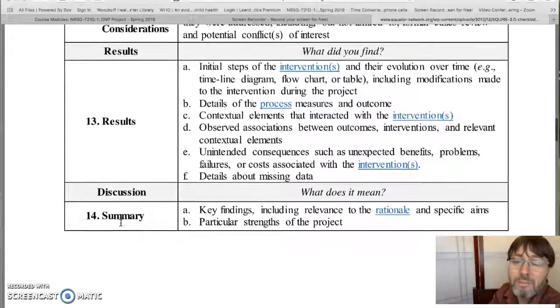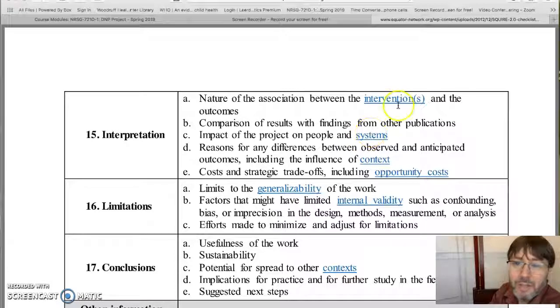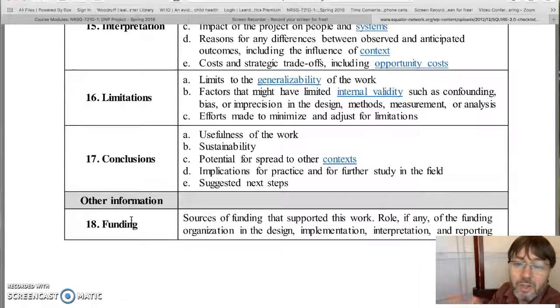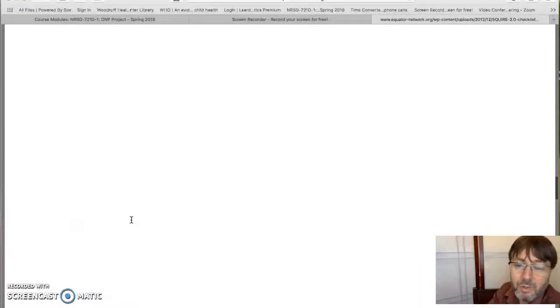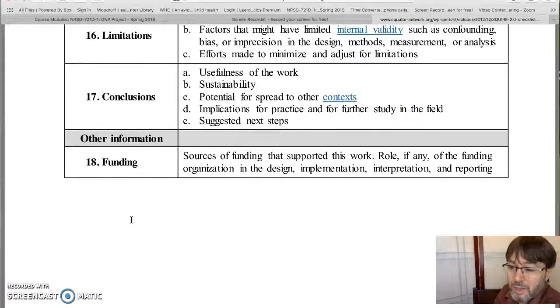ways, and then talk about the meaning of your findings with a summary and then an interpretation for the intervention, its impact on the system, and talking about how your findings relate to other findings from other settings. You have to explain specific things about the limitations, include the conclusions or the so what, and then your funding sources. So you can see here, this provides you essentially a core structure for your manuscript based on a quality